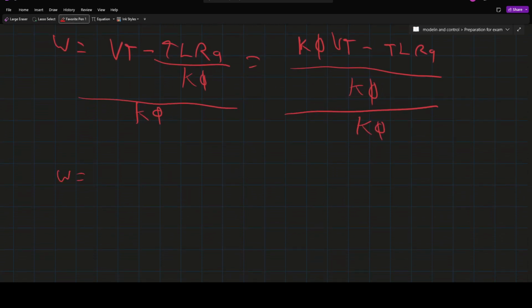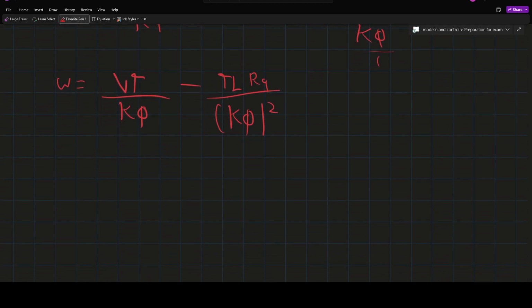Finally, we can say that omega is Vt over K phi minus TL over K phi squared times Ra. We have K phi squared here, and we have a K phi there, so we just cancel those two. So now we have figured out our voltage, torque, and speed formulas